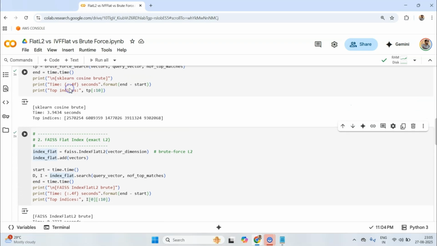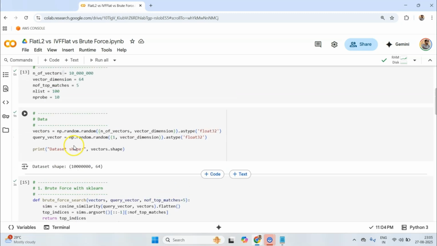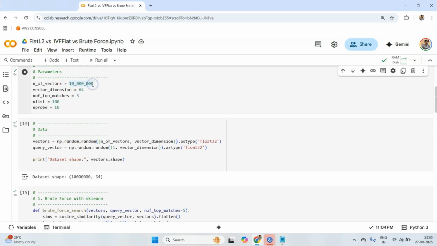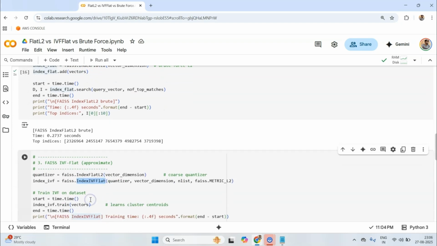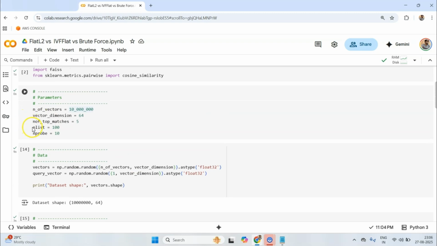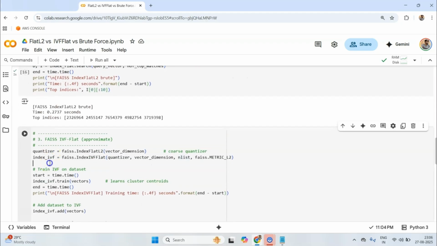So the above two methods take your query vector and compute distance. All the 10 million distances are computed with the above two methods. But with IVF flat, we basically make clusters. Now let's come back to these two parameters. Nlist is the number of clusters which we want to create. While talking about the IVF flat index, we have two different concepts.